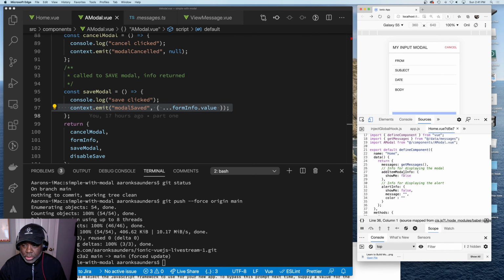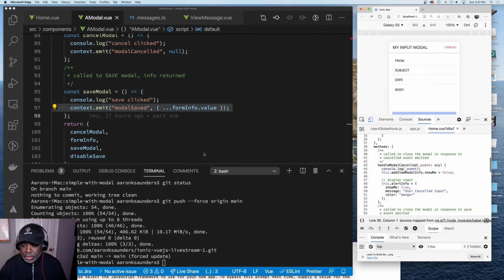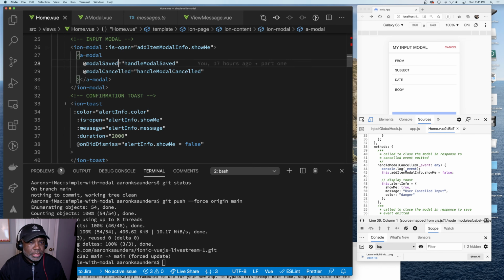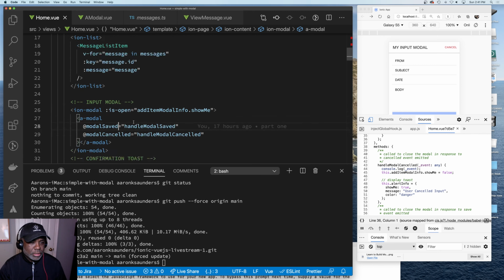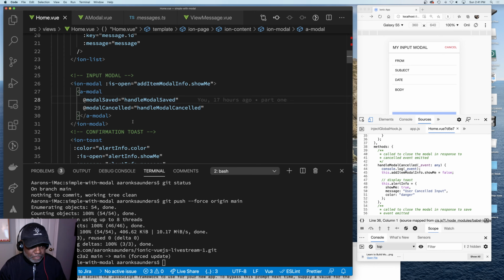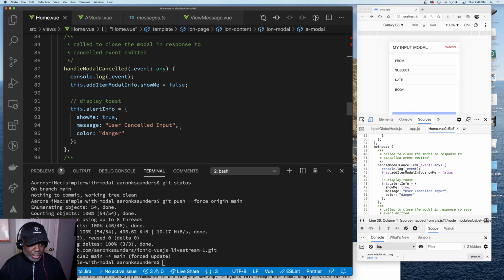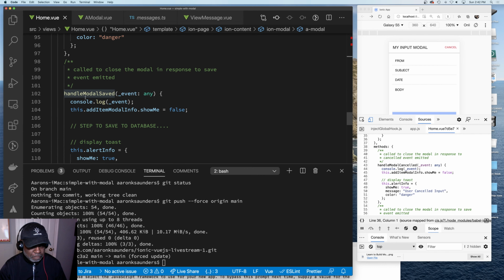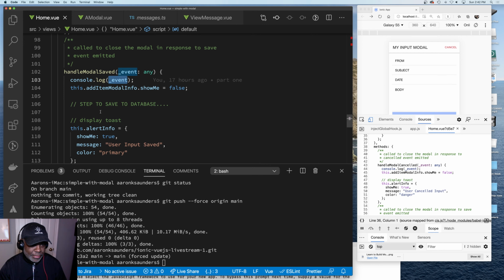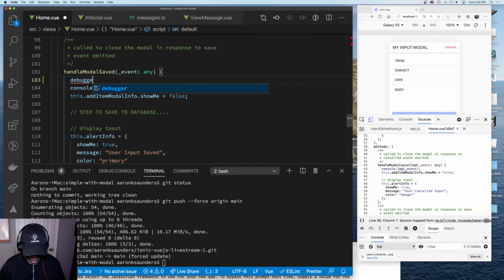So if we go into the, actually, let's do it from this side. If we go into the parent, which is the home, and we see that if the user clicks the modal saved, I call this function handle modal saved, and in handle modal save, it gets a payload in the event, and that is the data that I need to save to the database. So if we set a breakpoint here,